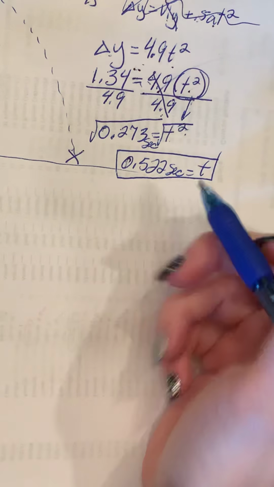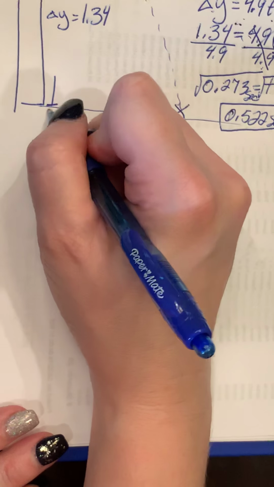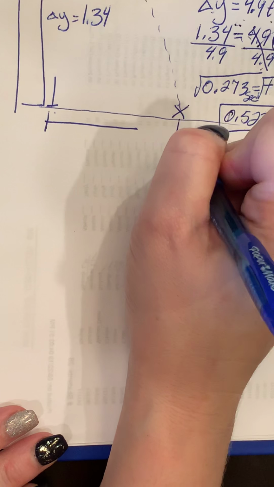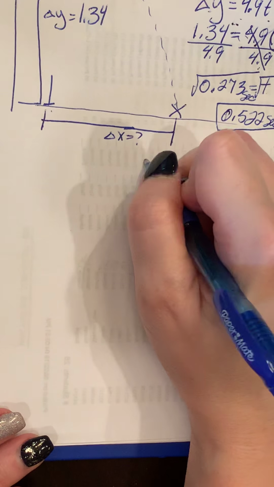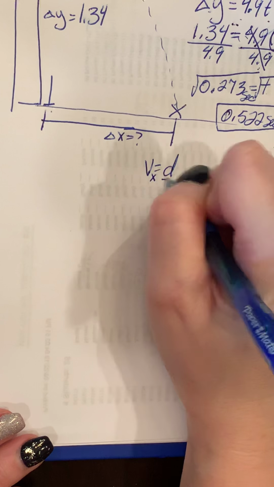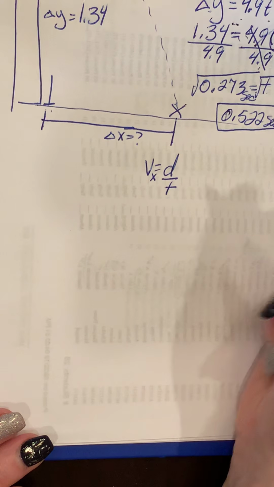it's going to land. So now we are looking for, from here to here, we're looking for the delta x. So if you remember, velocity equals distance over time. And of course, we have to label what kind of velocity we're talking about here. So if I move this over a little bit so you can see what I'm doing. Right. So now we're going to use, our velocity was